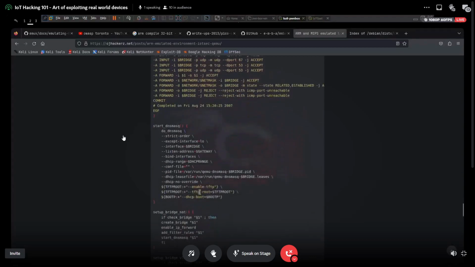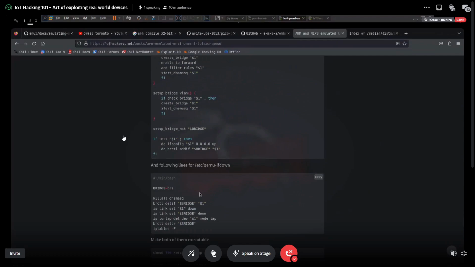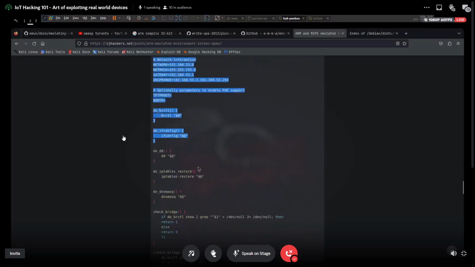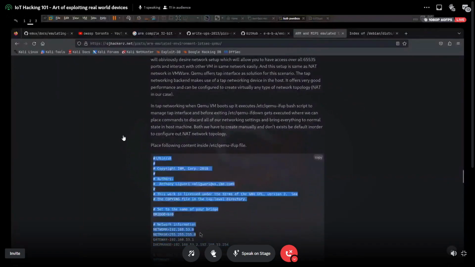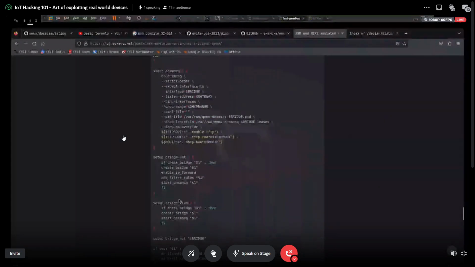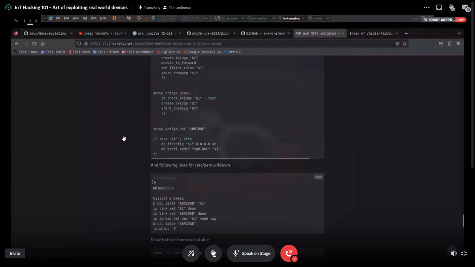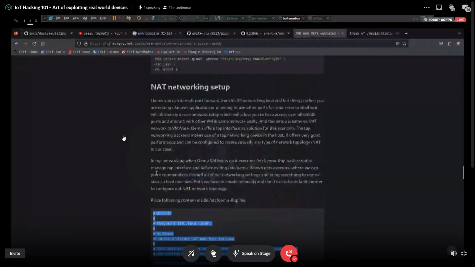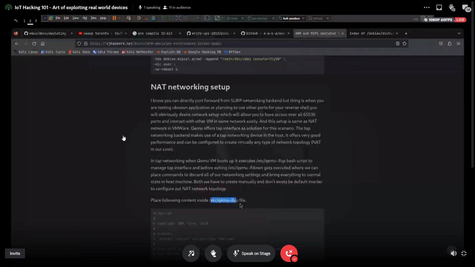I haven't taken into account what firewall rules you have for OPSEC in your system, so please tweak the script before you start using it. Once you use this script, you need to put it in a path called etc/qemu-ifup.